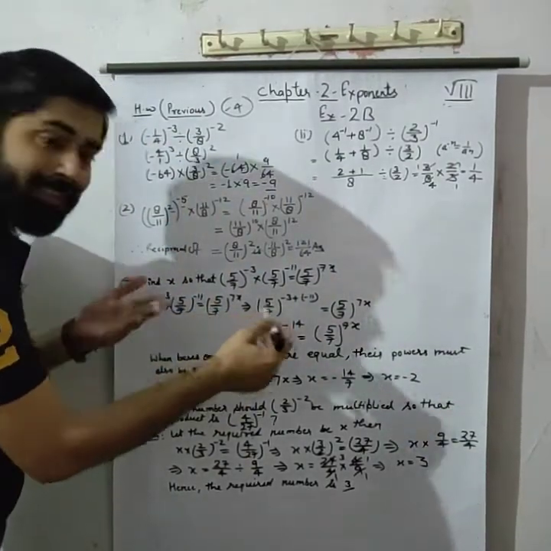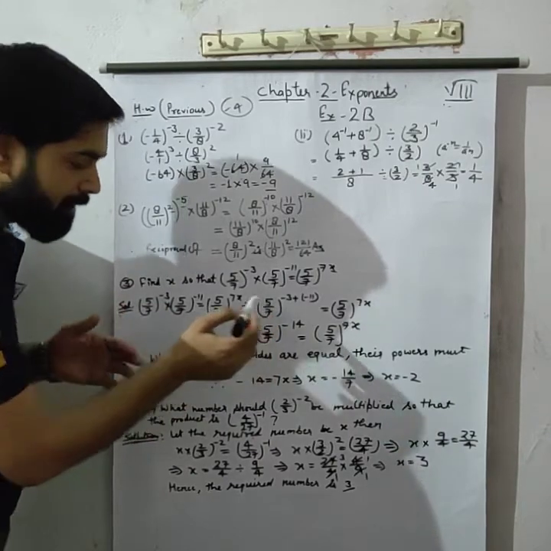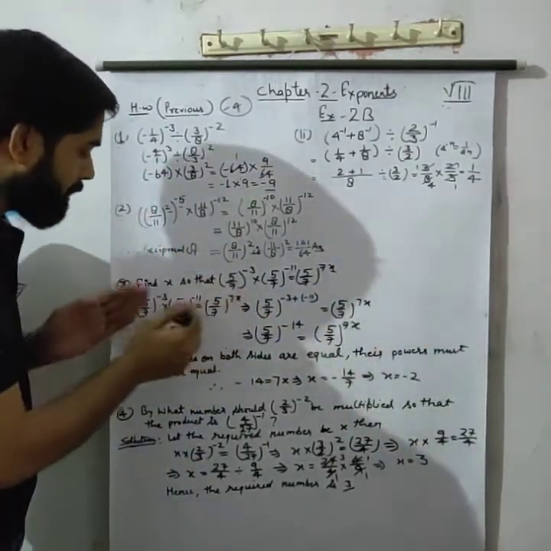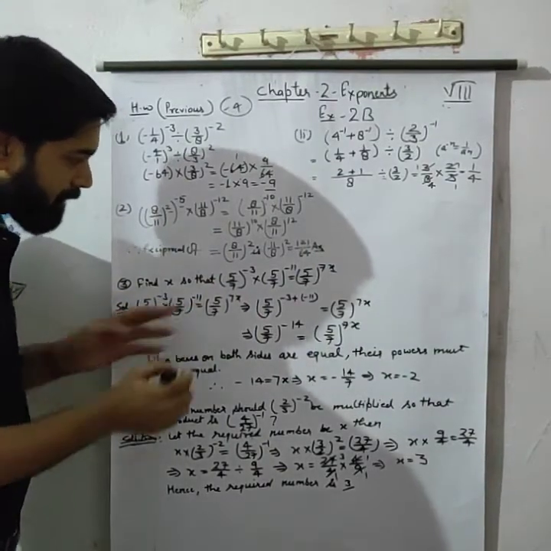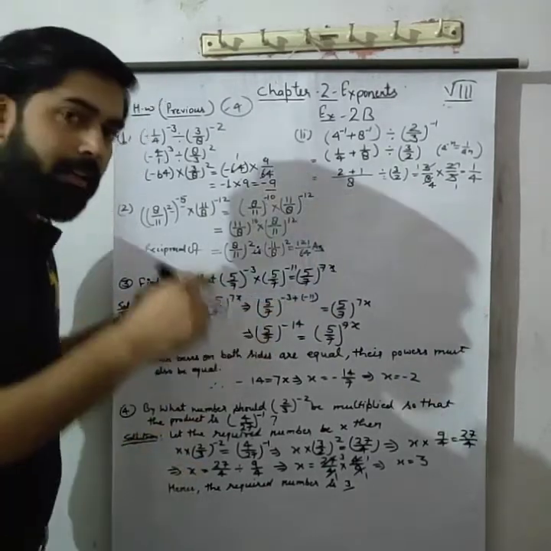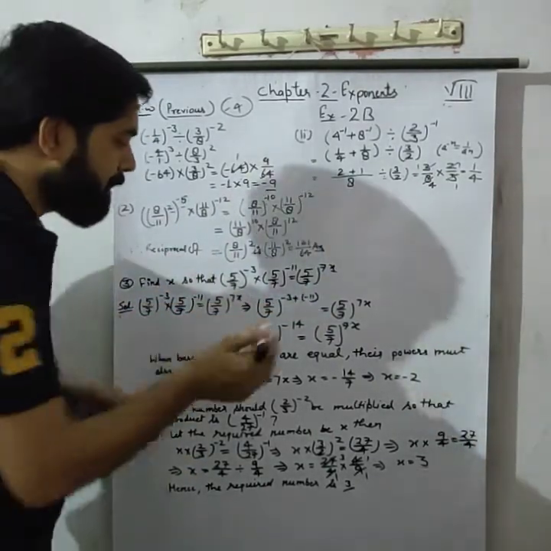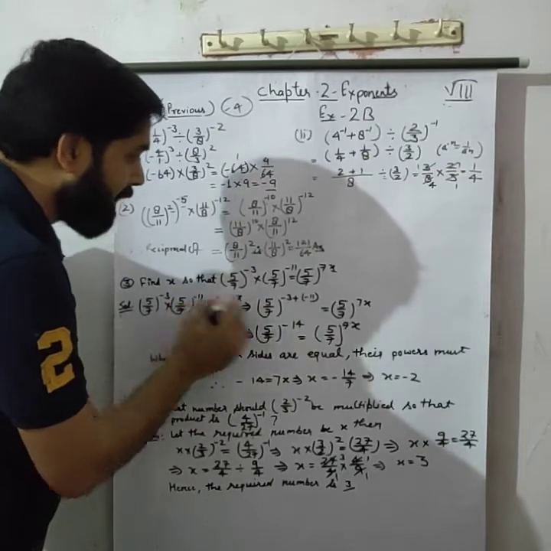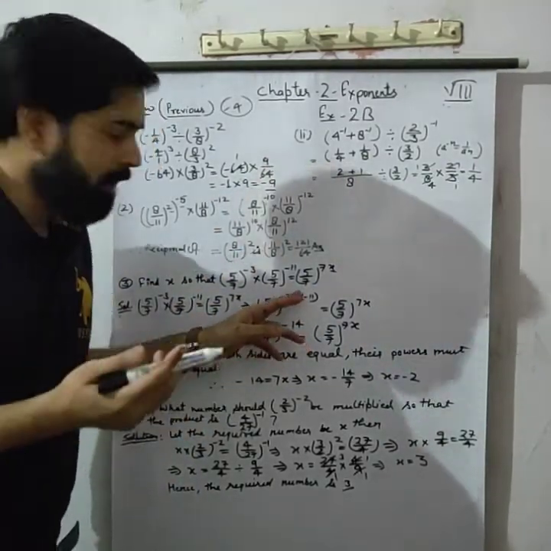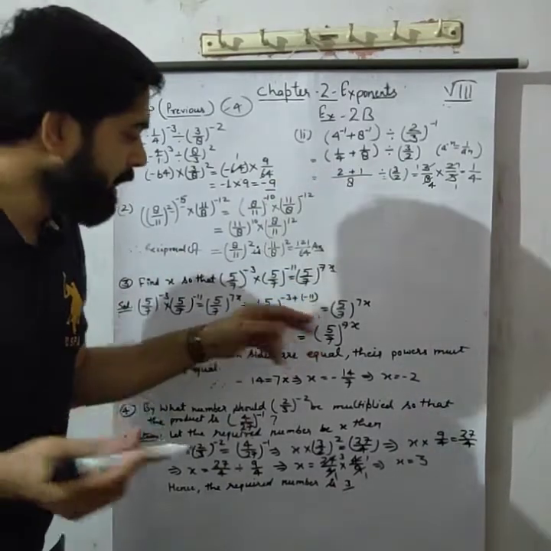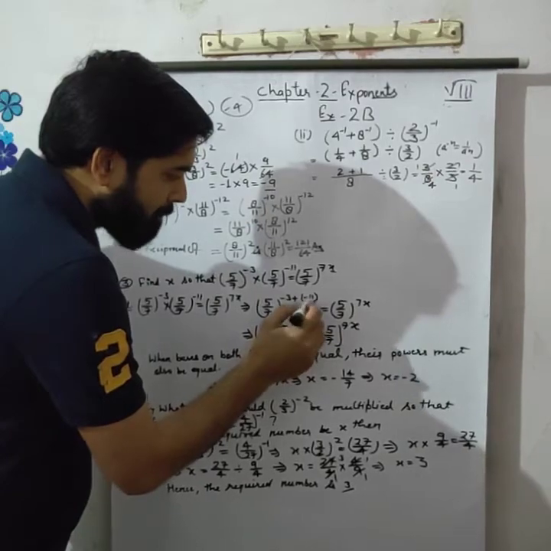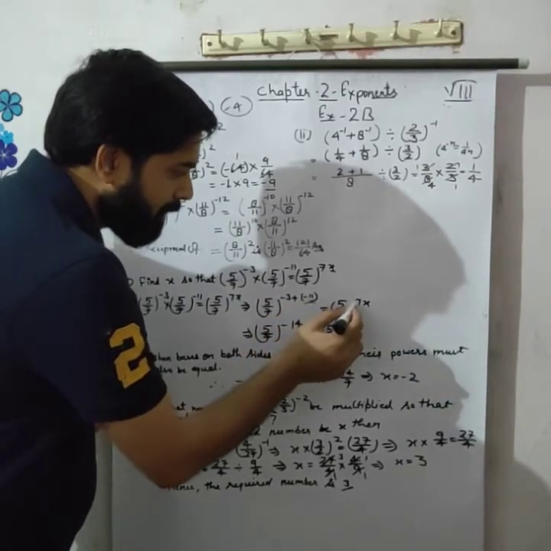And now in the next step, we can add the powers of 5 upon 7. Base, right, same as before. So what is the base here? In both, 5 upon 7, 5 upon 7. So we can write 5 upon 7 common, and we can add the exponents: minus 3 plus minus 11. We can write the two signs together, so for the minus 11 we use a bracket. Now the bracket is here: minus 3 plus bracket minus 11, is equal to 5 upon 7 raised to power